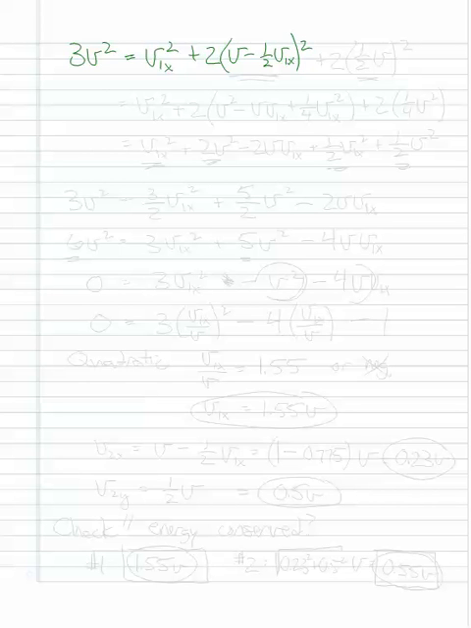Let's see. Yeah, plus 2 times v2y squared, which is 1/2 v. Okay, so I just plugged in for these two values, and now I can solve for what I need. So I'm going to do that, and so I get v1x squared plus 2v squared minus half plus a half is 1 v1x plus 1/4